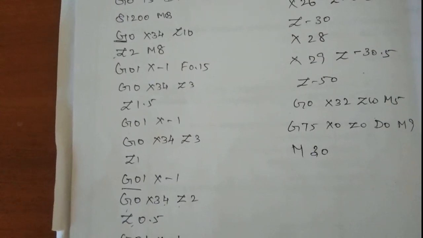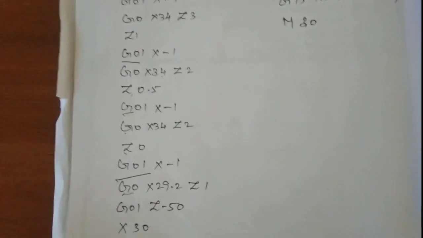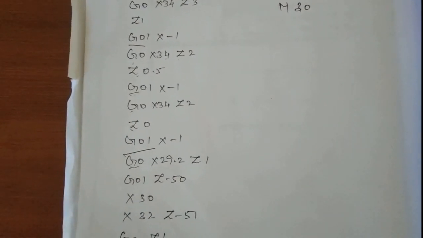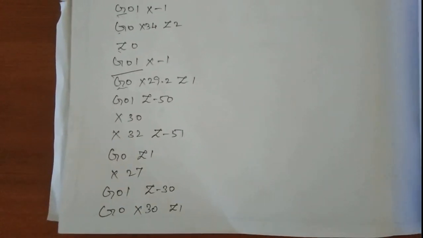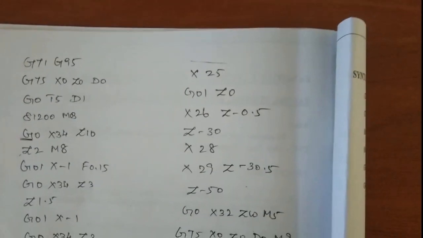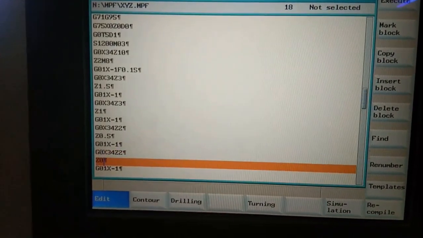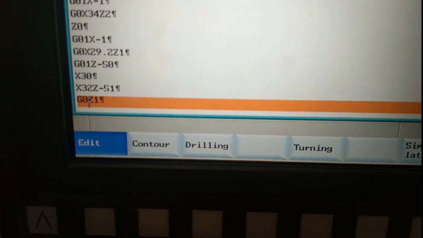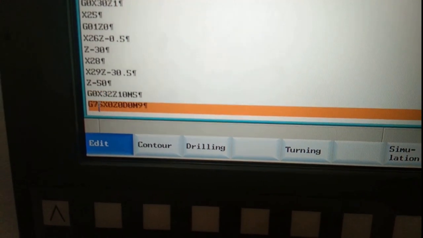After that, he types the same program into the machine control unit available with the CNC machine. This is the program I wrote in the simulation software, which is the program sequence. In that, I may provide an extra sequence also, so that the tool moves through the air, not on the workpiece. You may see this initially. So I can type the same program on the machine control unit display with the numpad available on the control unit. Finally, after completing it, he executes the program.